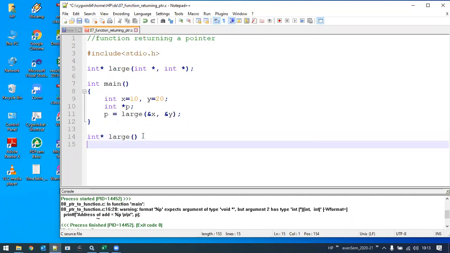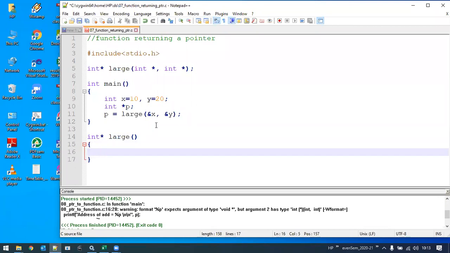And it is going to take two parameters. Can you tell me what the two parameters could be? Two pointers. Why do we require two pointers here?